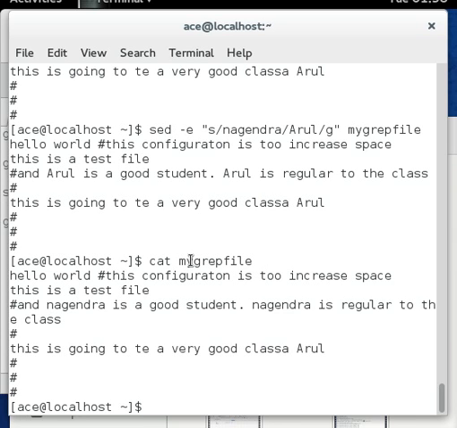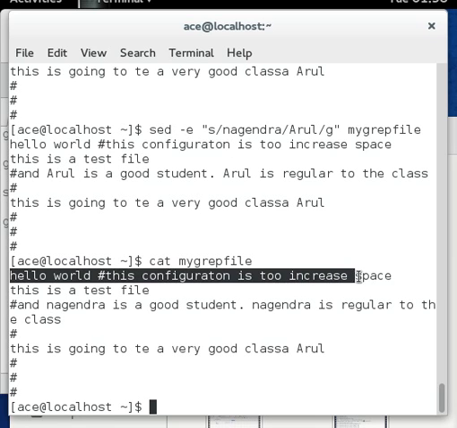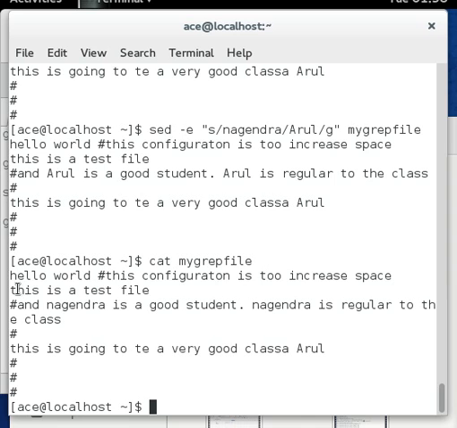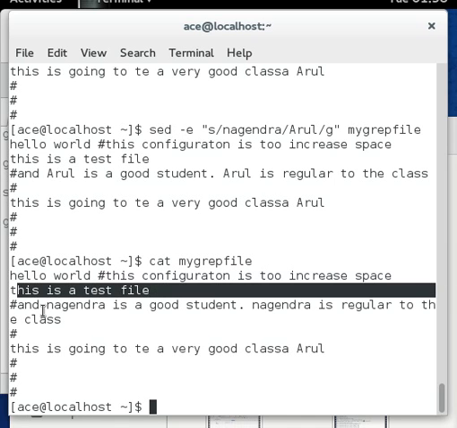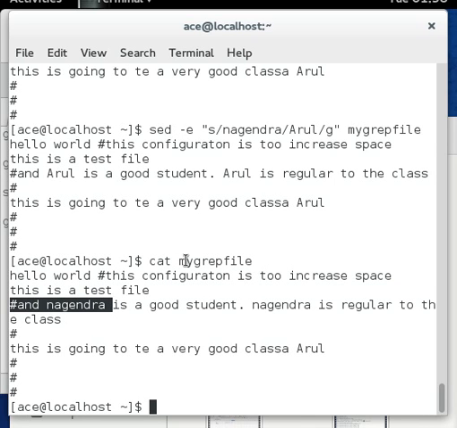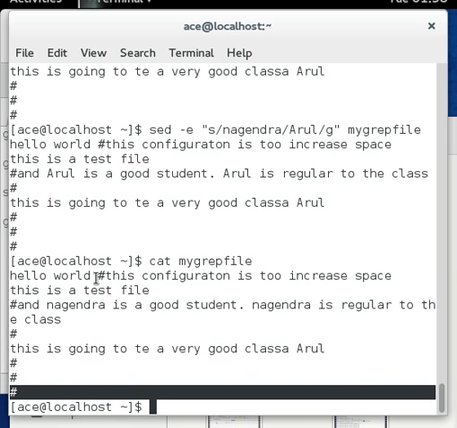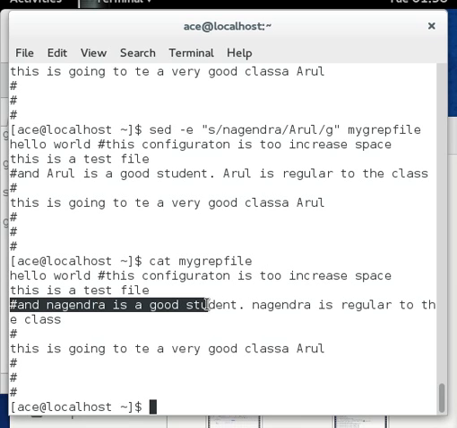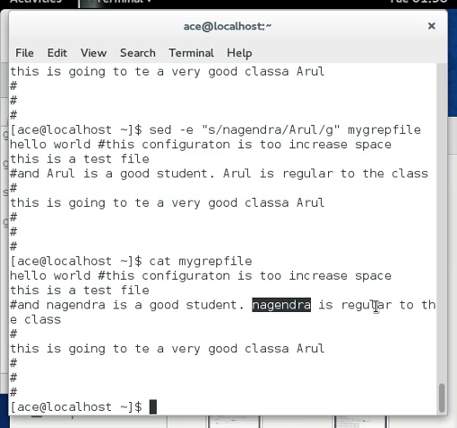What sed is going to do is take each line one by one. First it will take this line and search for the keyword Nagendra. It will not see Nagendra here, so it goes to the next line. It searches for Nagendra. If I have not put this g here, it believes this line's work is done, and it will go to the next line. If I put g, even after finding this, it will continue in this line to see if there is one more Nagendra here. Once it sees that, again it will continue to see if